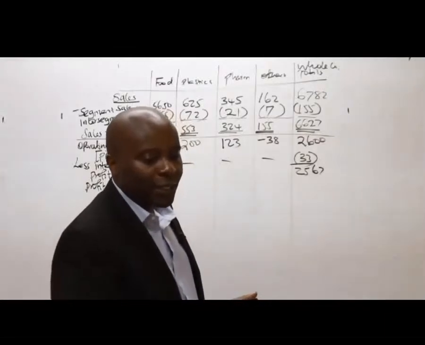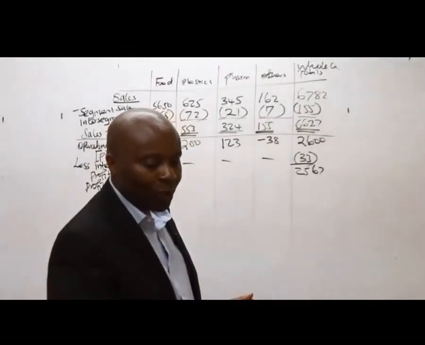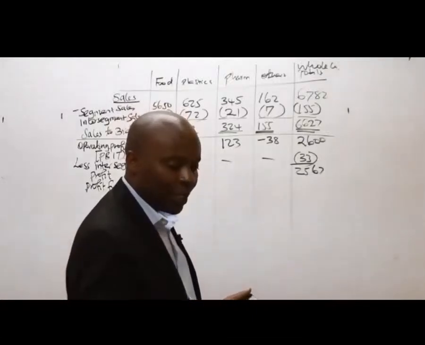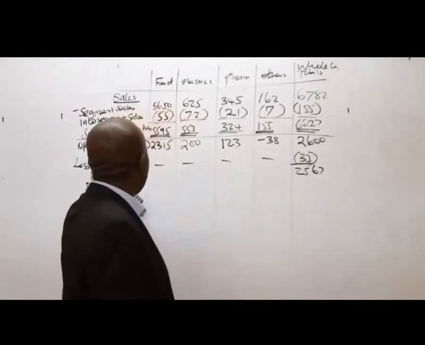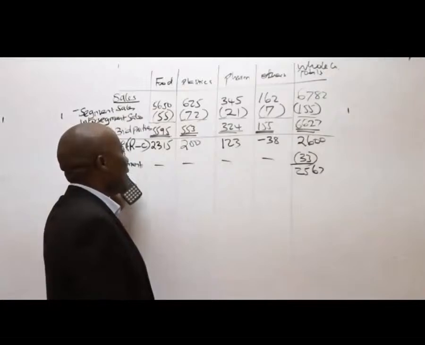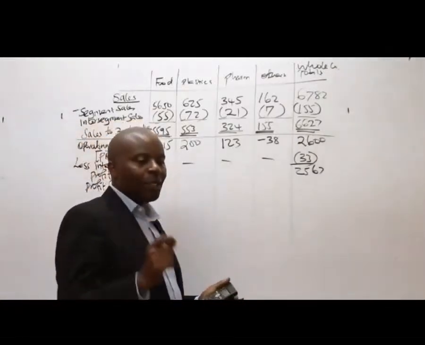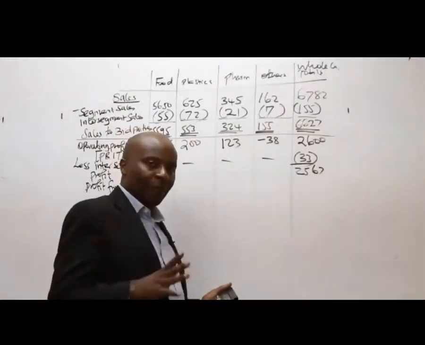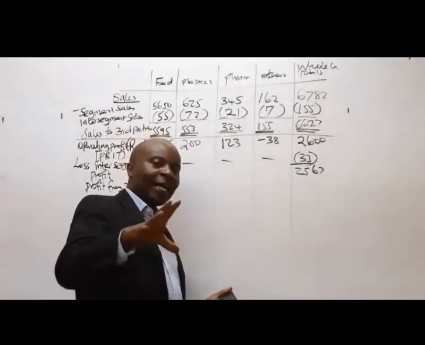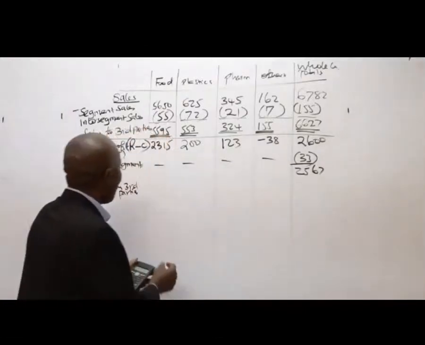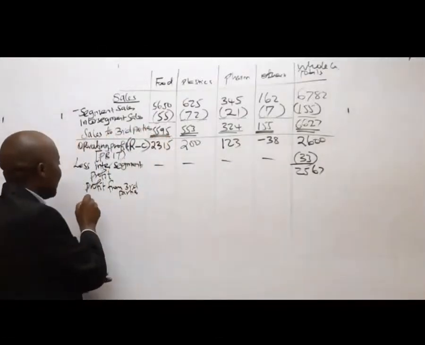Now, after that, ladies and gentlemen, now that you are through with this, the next thing, remember, now you need to bring what we call the interest. Whatever you have here is profit before interest and tax. Now you need to bring on board issues of interest. But how do we bring them on board? Under a special column called other items. So you come and mention here other items.